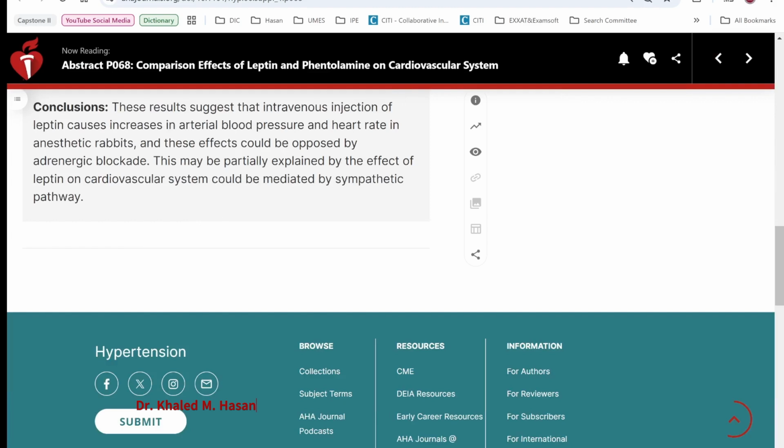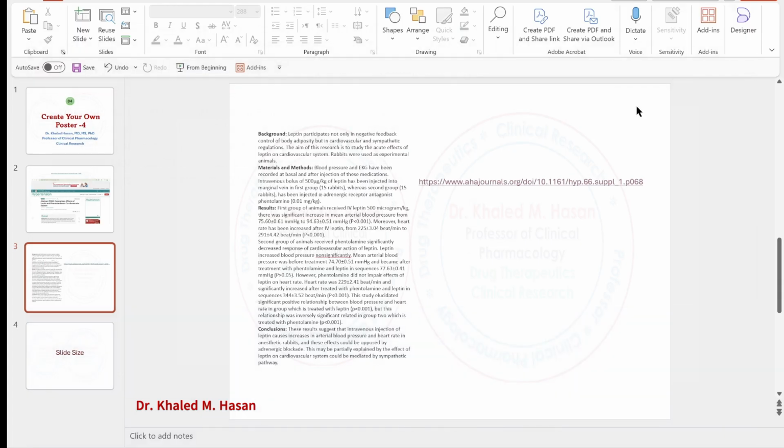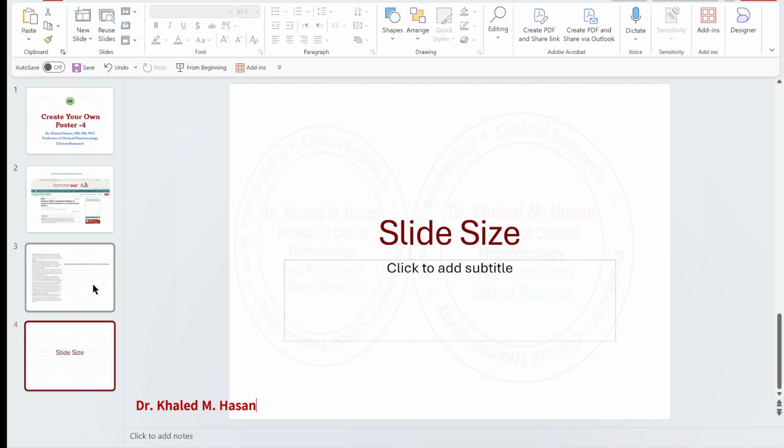After all this, maybe a quick review, we go back to the data here from the abstract, and we are going to use this abstract to create our own poster from the beginning until the end. Okay, first step here before I do anything else, I have to click on the next slide, and I have